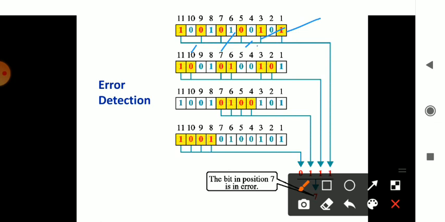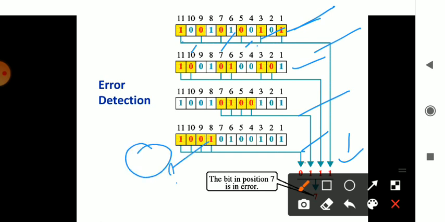1, 2, 3, 4. Even number, so it will be 1 here. Okay, next one, when you move, here also you have an even number of 1s. So it is said to be fine. Okay, here also it is an even number of 1s, so it is said to be fine. Odd parity, and here it has an even number of 1s. So an error exists here, so it returns 0 here. Means what? In the 7th place, when you combine all of them, it is 1, 1, 1 and 0. When it is combined here, it resembles element 7. So here an error is there in the 7th element.